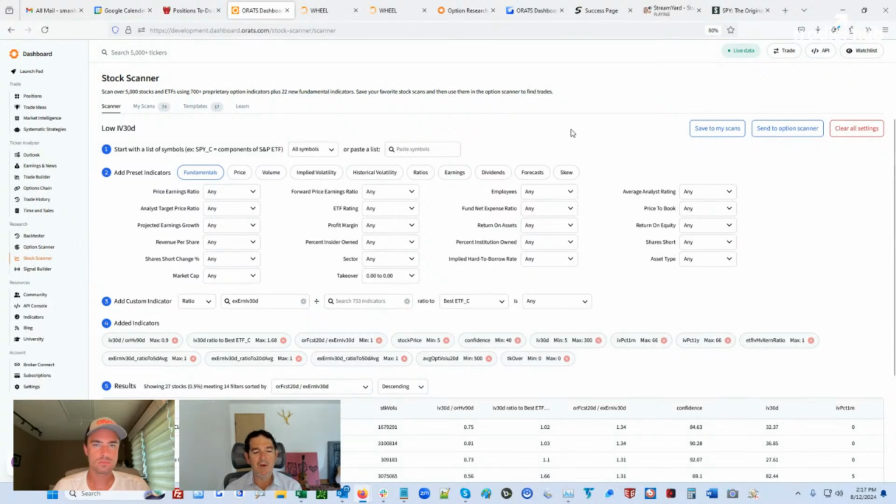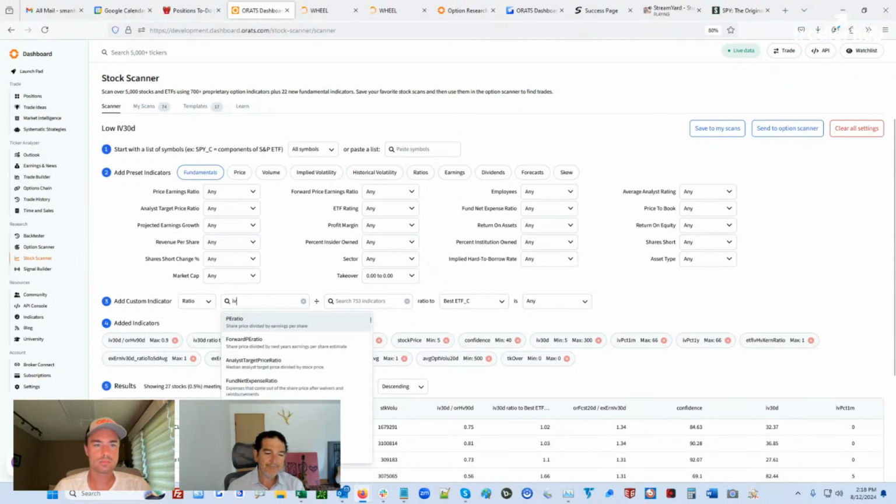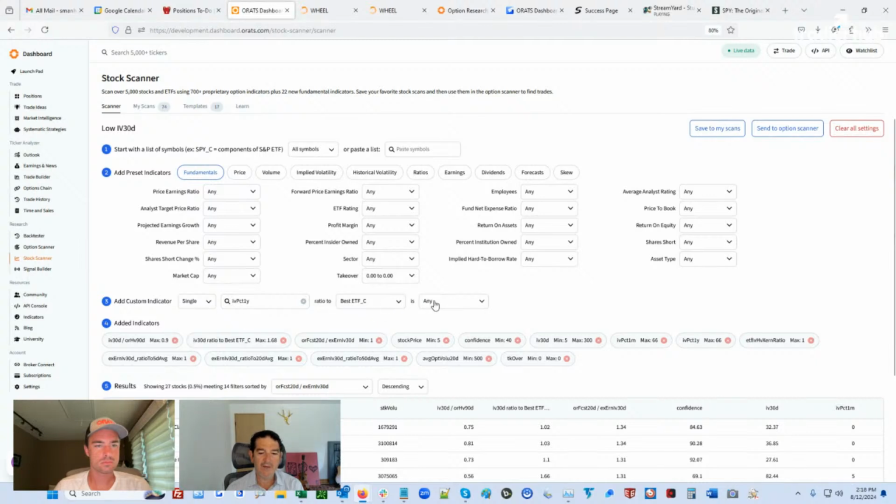The other way to do it is to look at the components versus the ETF on a percentile basis, and so that's kind of neat. So there's, like I said, everything that we have, and that's a little bit more normalized. So if you look at the IV percentile for the year, and then just look at not a ratio, but a single versus the best ETF,